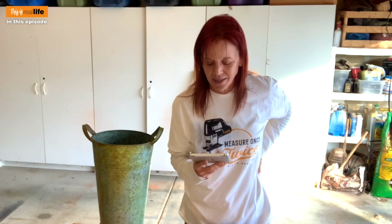I've always wanted this. Every time I see one that I even think is remotely cute, I've always thought, those are too damn expensive. Not anymore. We're gonna make a coat rack that is very similar to the coat rack that you can purchase for